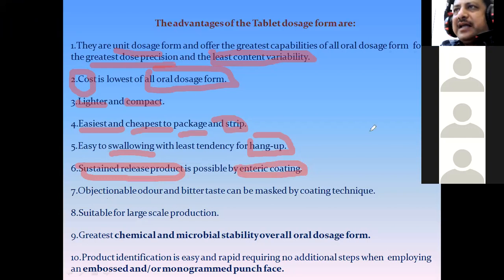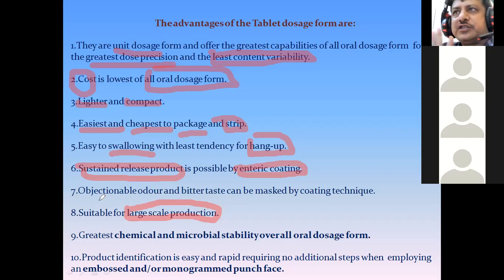So you can mask with the help of a good coating technique. So all these things are possible in tablet. Then one of the major advantages is the scalability. So you can go for large scale production of tablet. Then the tablets are chemically and microbially stable. So when it comes to chemical degradation and microbial degradation, you will find tablets are more stable as compared to